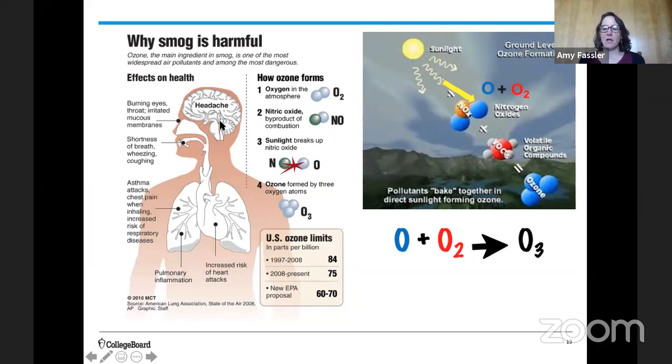to carbon monoxide or NOx or SOx, but I'm adding a couple other things here. I'm starting to look at increased chest pain and pulmonary inflammation, increased risk of heart attacks. So now I'm going from kind of respiratory things to cardiovascular. Hold on to that thought because we're going to dig into that in a little bit more detail when we